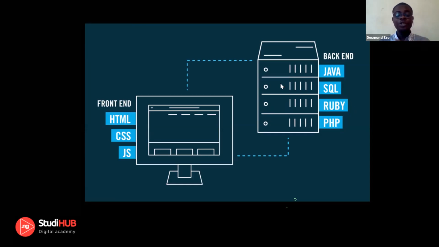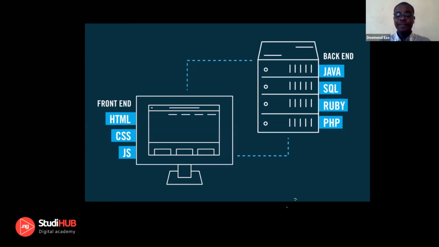So he might have knowledge of all of this, or maybe some of these, and he has put them to practice. That's who a full stack developer is. But the truth is, there are so many things to learn. Like I said earlier, web technologies, a lot of things have changed. In fact, as we speak, people are developing new web technologies that are going to make the ones that we are using today obsolete. So there are so many things to learn, so many.